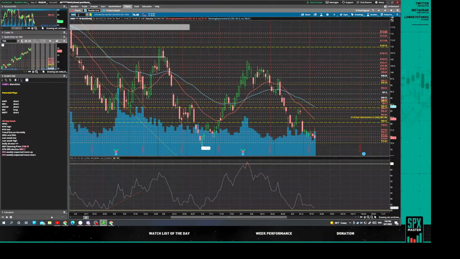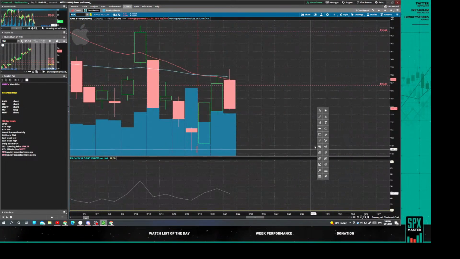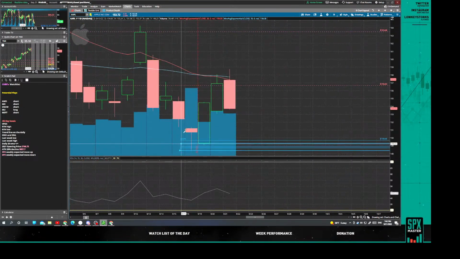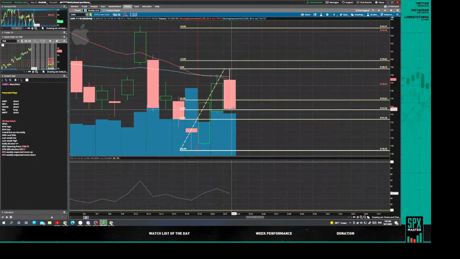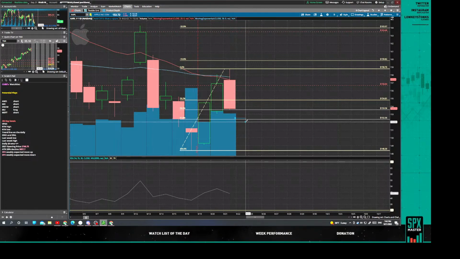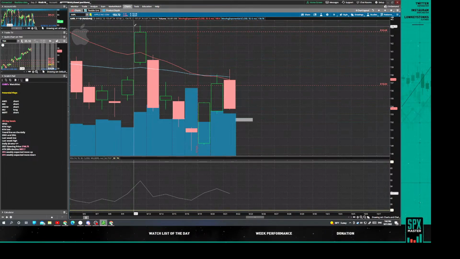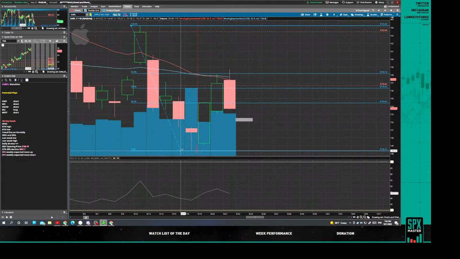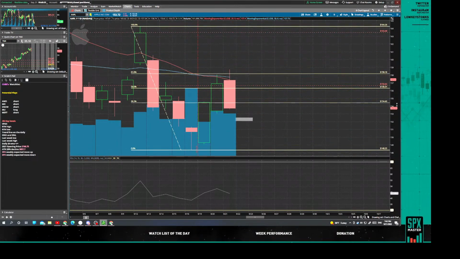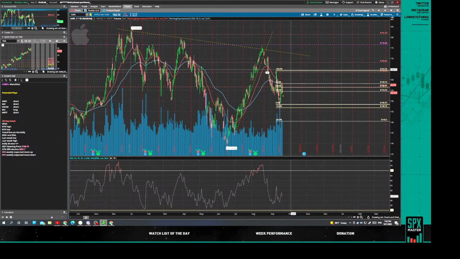And Apple, I was mentioning Apple looks very good for the short side. It just needs to be careful with the bull 618. The bull 50 was right here, the bull 618 is right here. You clear that level, you're good to go to the downside, because that was a clean rejection of the bear 618 over here on this other side. So we get that one right here. That was a good short.